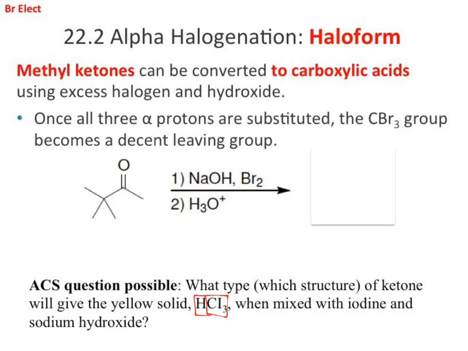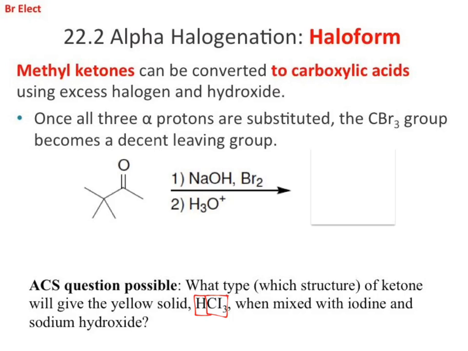So it's something that is typically used to identify functional groups. If you have a methyl ketone, you can add the base and elemental halogens, and you'll see this precipitate. If you see that precipitate, then you know you have a methyl ketone. Okay, so it's a standard classification test for the presence of a methyl ketone. Okay, so more than likely what they would do is give you